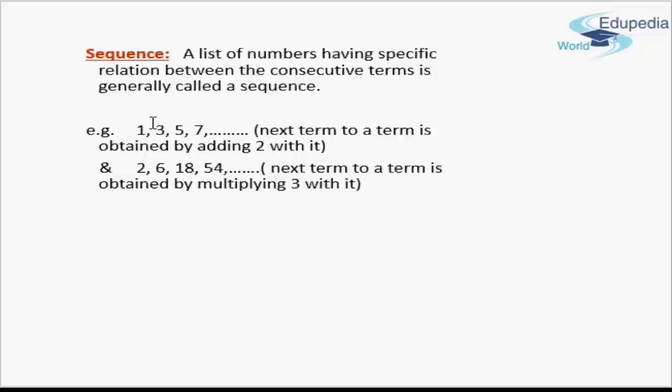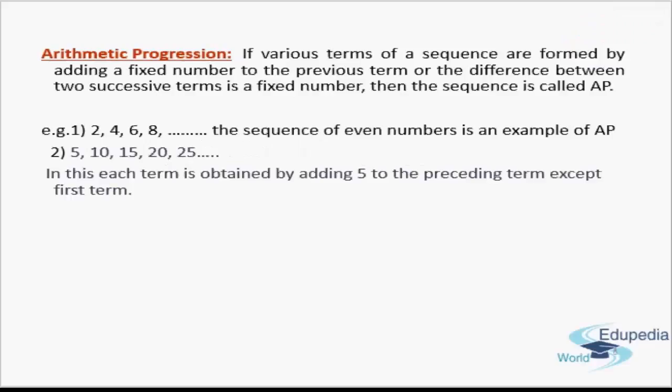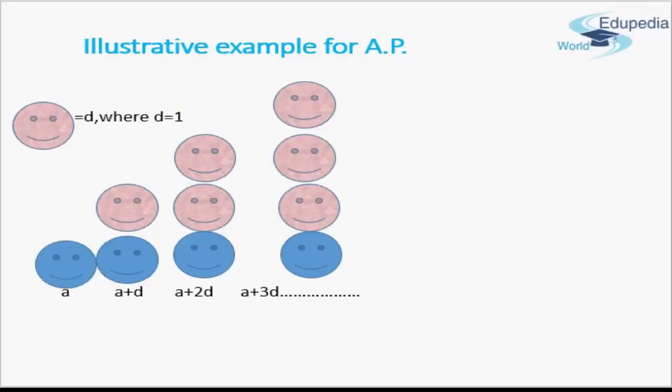1 plus 2 is equal to 3, 3 plus 2 is equal to 5, 5 minus 2 is equal to 3. So that is how we know that this particular sequence is an arithmetic progression. Now if you want to see what arithmetic progression is in an illustration, you can see that you have, starting